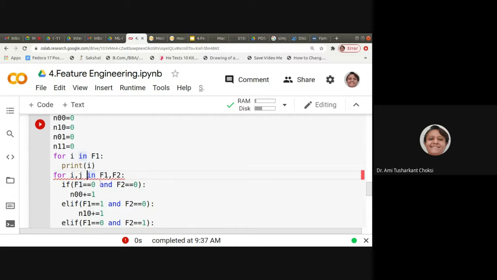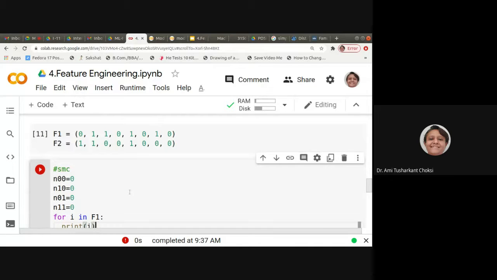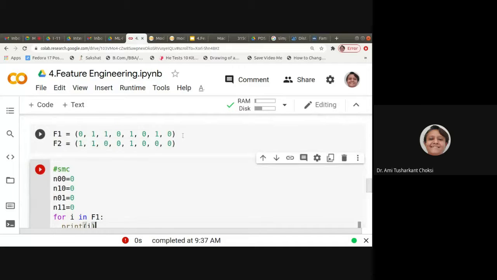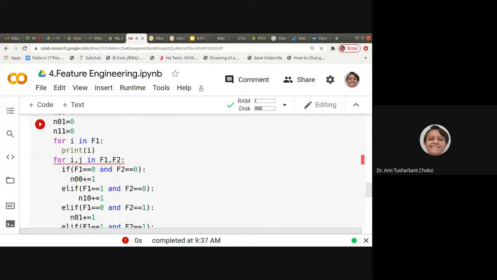For I and J in F1, F2. One thing is we are having this F1 and F2. We have to take it as I and J, isn't it? But here, it's only working for list. One by one values we can take this way.